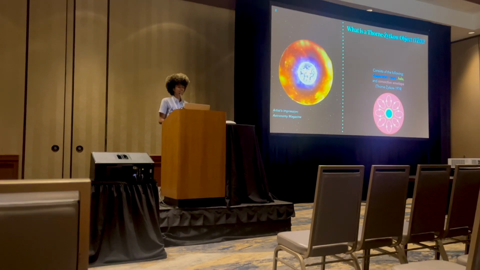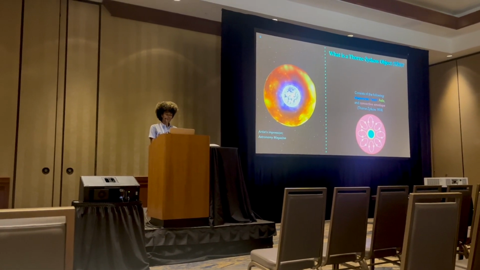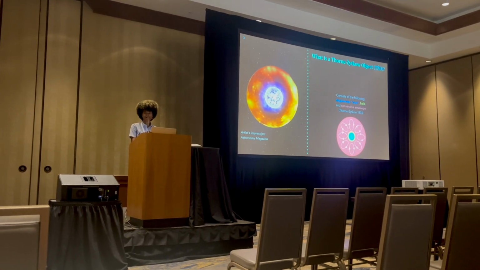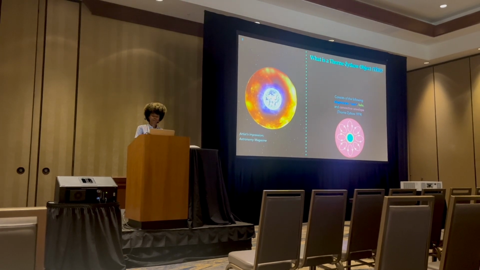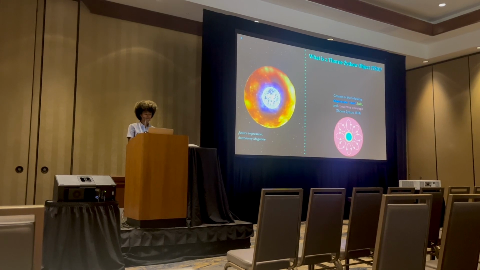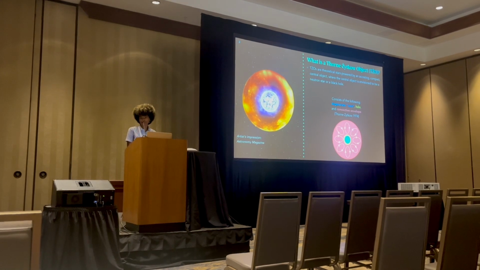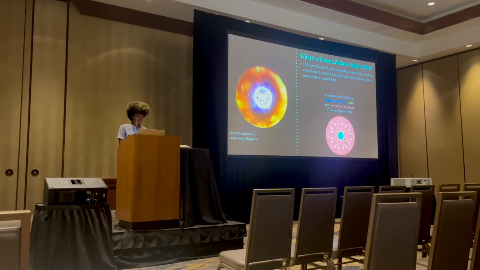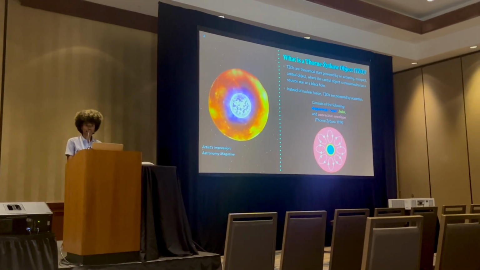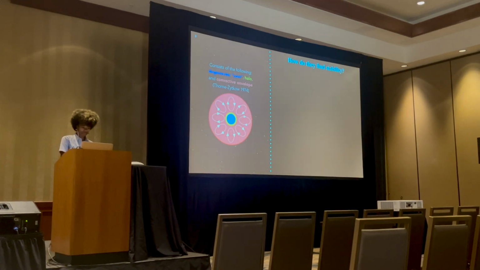Okay, so what is a Thorne-Żytkow object, or TZO for short? TZOs are theoretical stars powered by an accreting compact central object. The central object in question is envisioned to be a neutron star or a black hole. These objects were originally envisioned by Thorne and Żytkow back in the 70s. Instead of being powered by nuclear fusion like more traditional stars, they're powered by accretion onto the compact object.